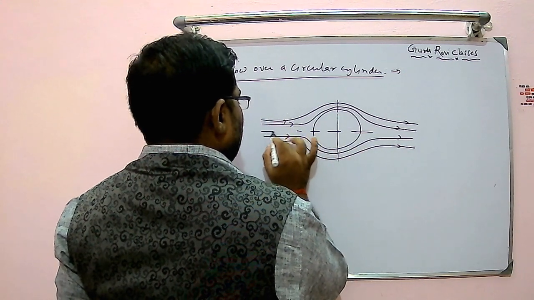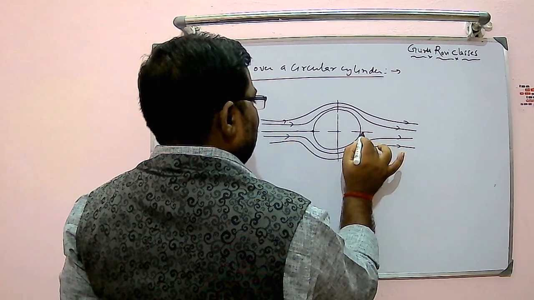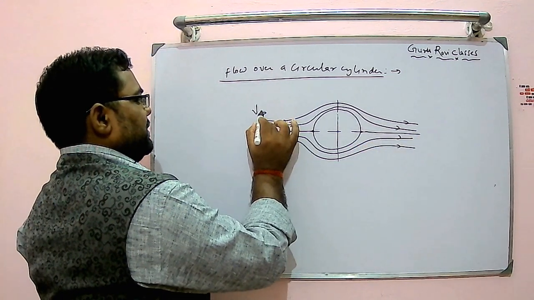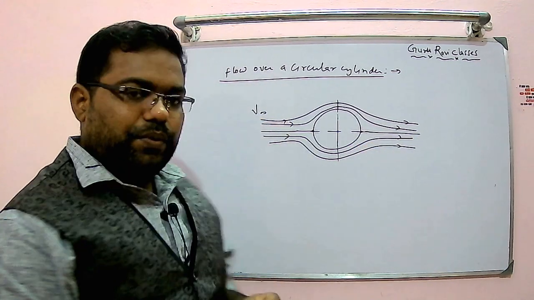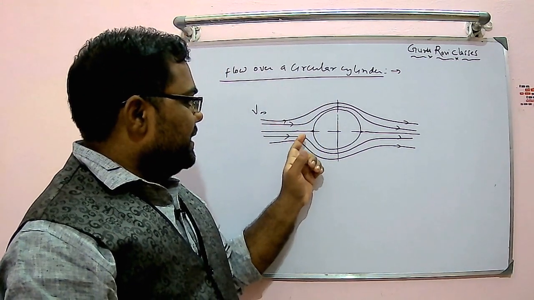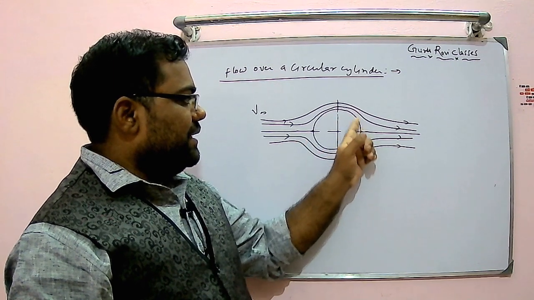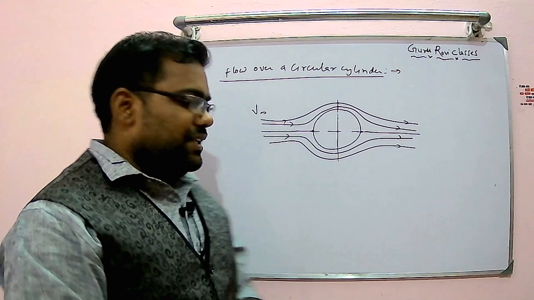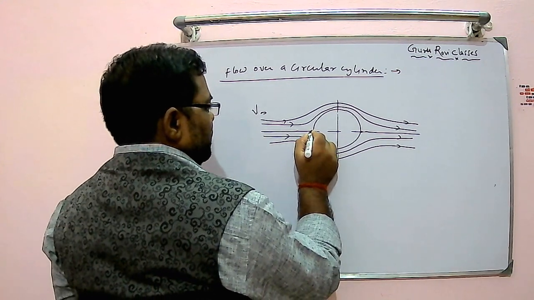So if we look at it, one line will come here and another will strike from here and go out. So whenever flow is taking place, it will have two points over which flow attachment and detachment will happen. One flow is getting attached here, it is getting detached somewhere here, so it is diametrically opposite. Stagnation: the point where flow comes to rest.